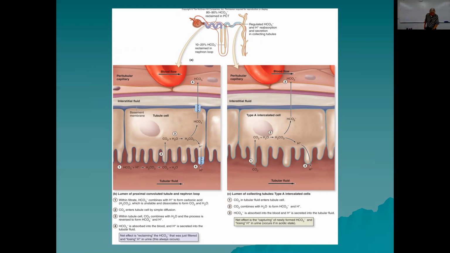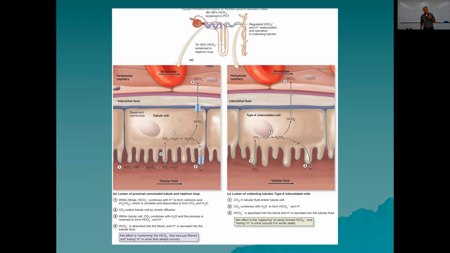This is on page 983, how hydrogen ion is secreted and bicarbonate is reabsorbed. And that's a usual situation because we usually have a little bit more acid in our bodies than base, because acids are made by our metabolism, by lactic acid. And so we always have a little bit of an acid load, and we need to usually secrete hydrogen ion. And this is why urine is almost always acidic.